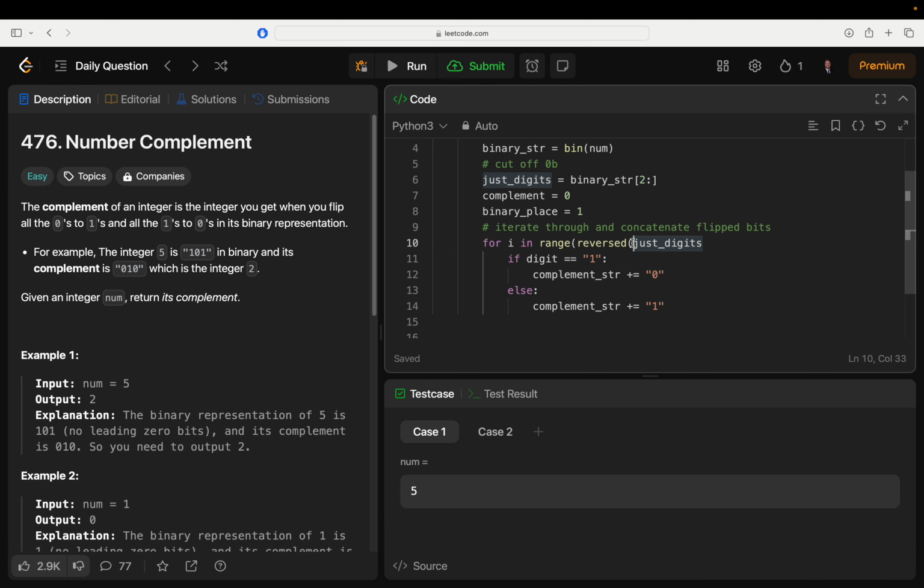No, I'll just do range and then subtract. For i in range just digits. If just digits. Actually, maybe this could be just bits. That's more accurate. Or it's a more fun name for it. If just bits i